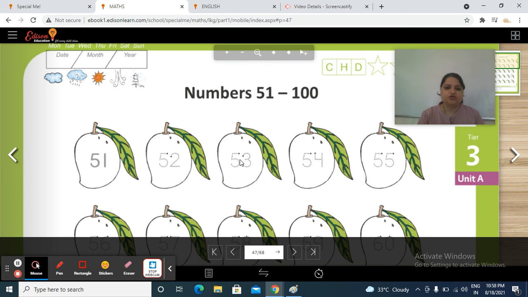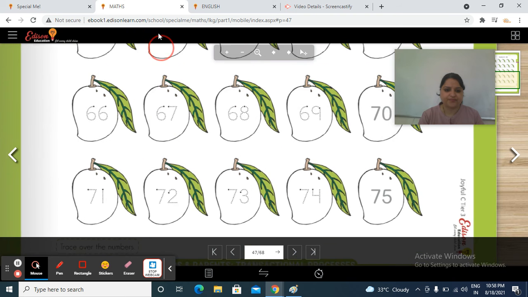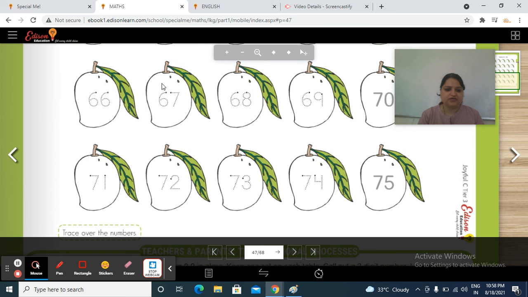Now, whose picture is this? These are mangoes and some numbers written on them. Okay, and you have to trace over the numbers, right? Trace over the numbers. So let's start.